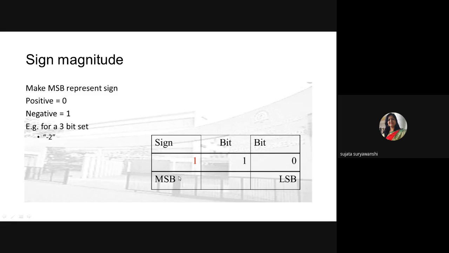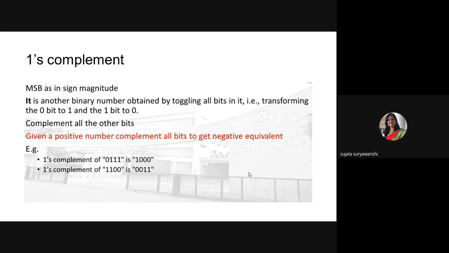Okay, so here MSB and the LSB. I hope you know about ones complement. Ones complement means simply invert all the bits from 0 to 1 and 1 to 0. Then you'll get the ones complement of the given number. In case of sign magnitude and unsigned magnitude, the ones complement and twos complements are different. So we'll see the first one, that is unsigned magnitude.